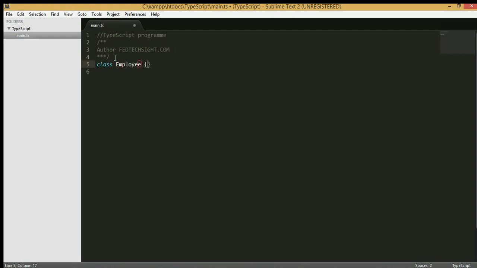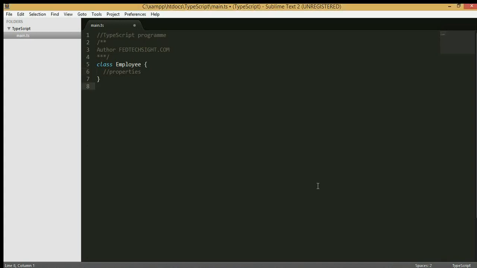Okay, so it is the basic syntax of creating a class by using the class keyword and the name of the class. Now we will define the other members of the class, right? So first of all, we will define the properties. Okay, so now we are defining some properties,